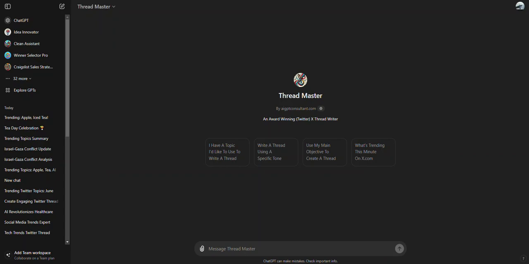Now, I'm going to get into how this works, but first of all, before I get into it, let me say this: this tool here is not in the GPT store. It is a private tool,